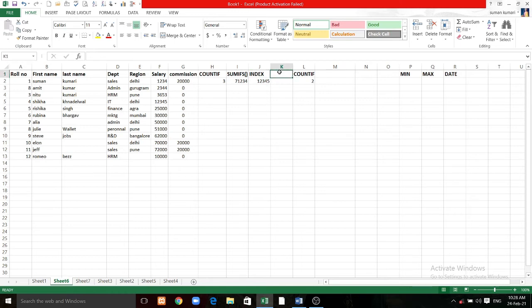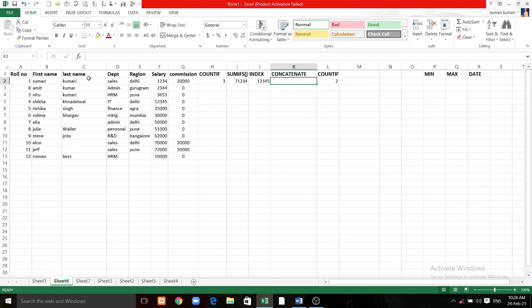So the next function is the CONCATENATE function. It means to merge 2 values. Like I have some values, the first name of the employee and the last name of the employee are given. What I have to do is merge the first name and the last name of employees in a single cell. So I put the formula CONCATENATE, and here the syntax says that the first parameter is text1. So select this text and press comma, and text2 is this one. Close the bracket and just press enter.